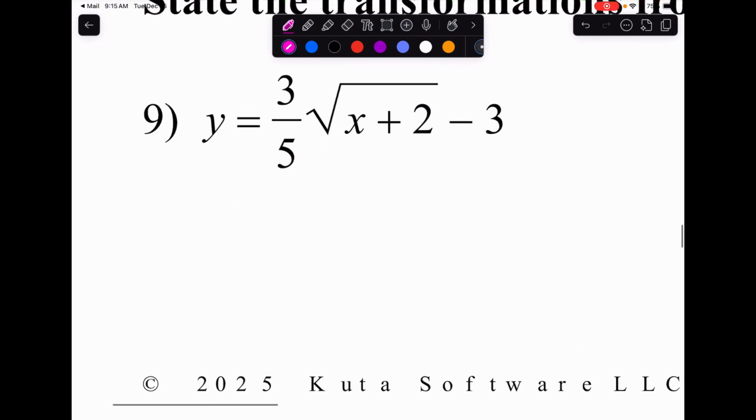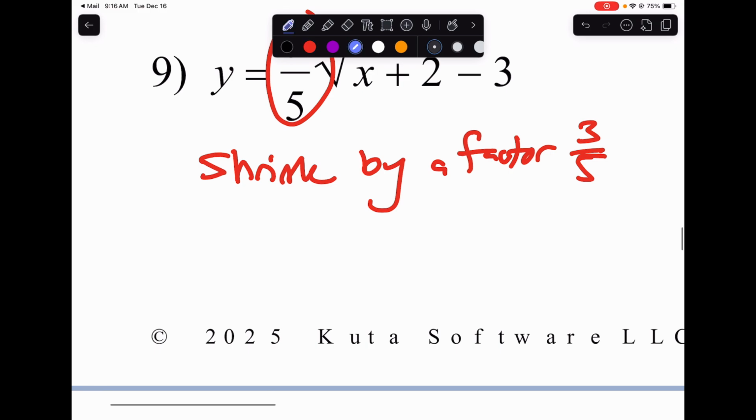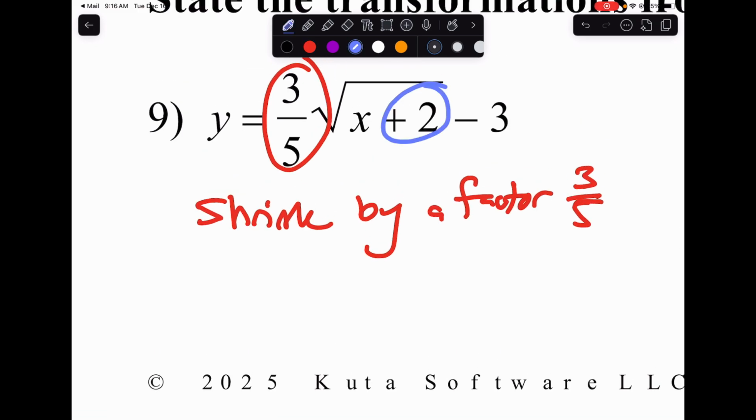All right, this last bit here, this is a shrink by a factor of 3/5. This is left 2 and down